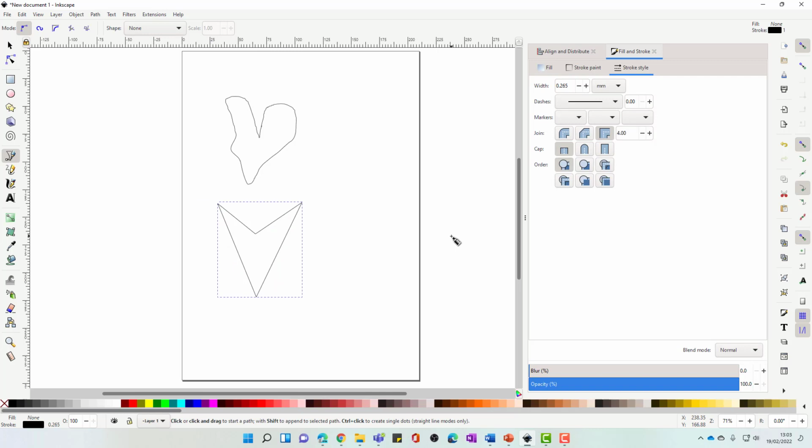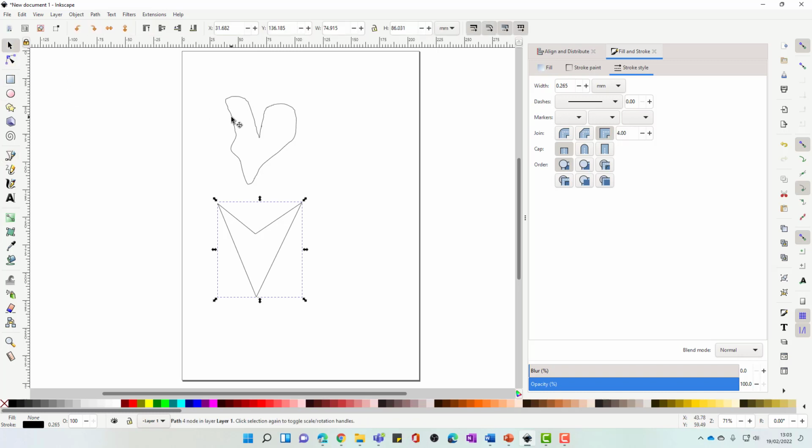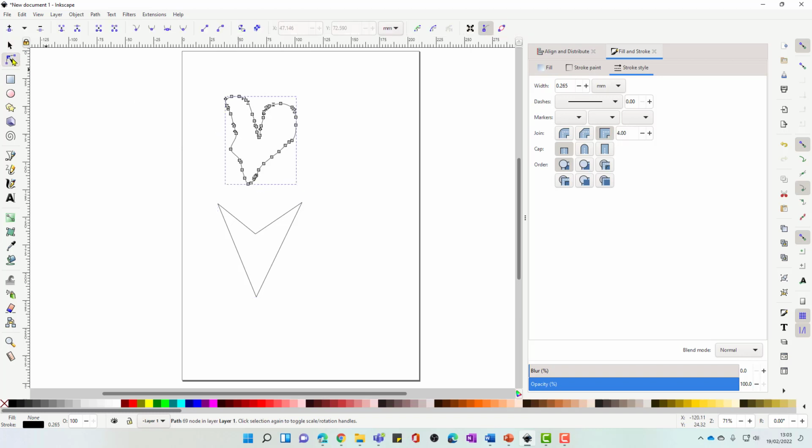I find that a lot more useful than the freehand one, and obviously you just end up with a small number of points on these, whereas when you're using the freehand tool, it's a kind of mess of a whole series of different points. Once you close off paths like this, you can use tools such as filling them or changing the stroke on them if you want to as well,